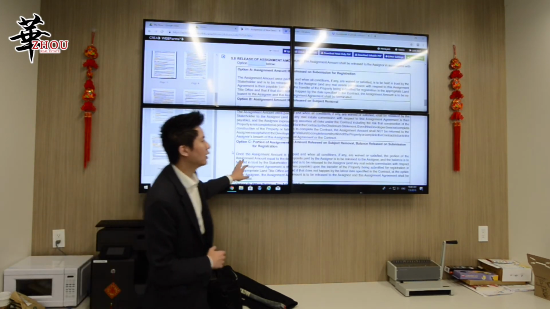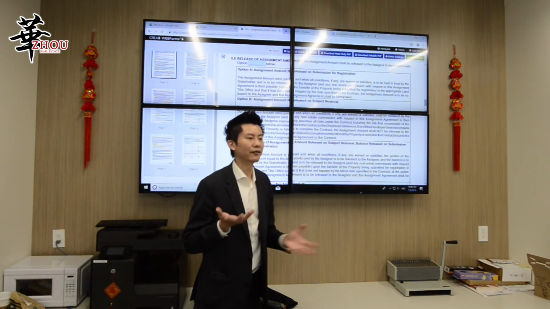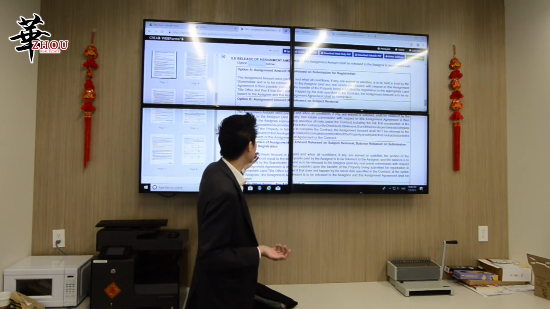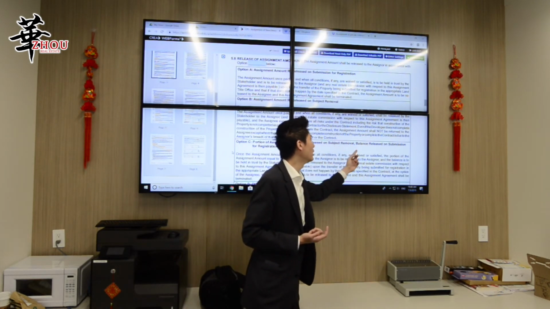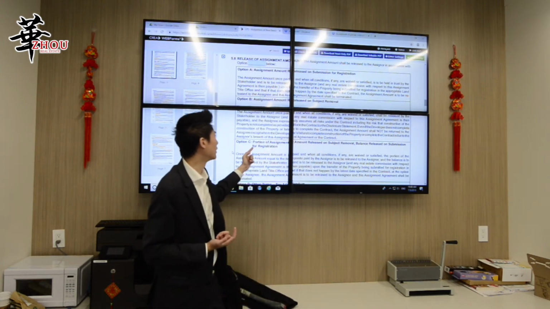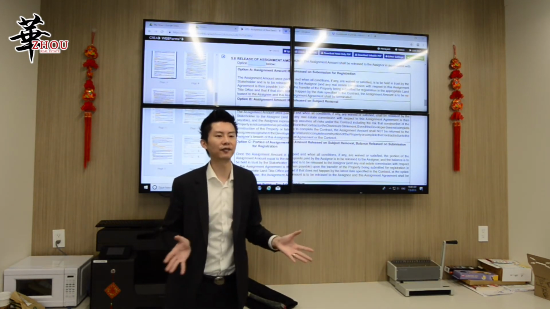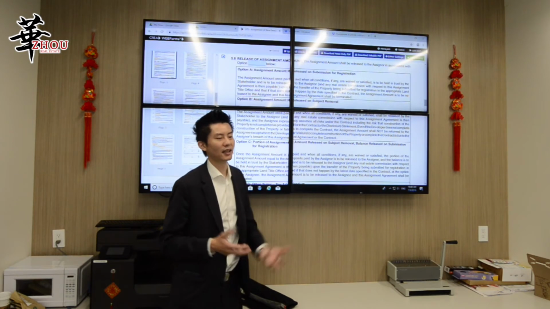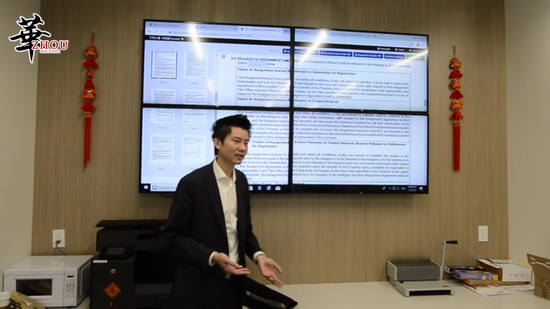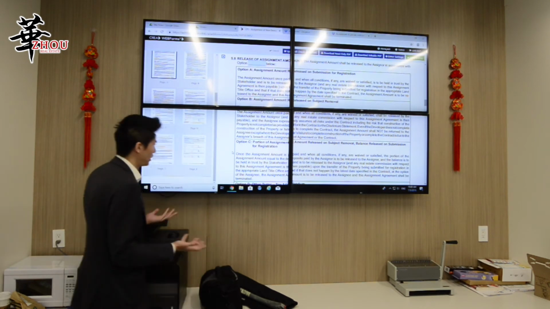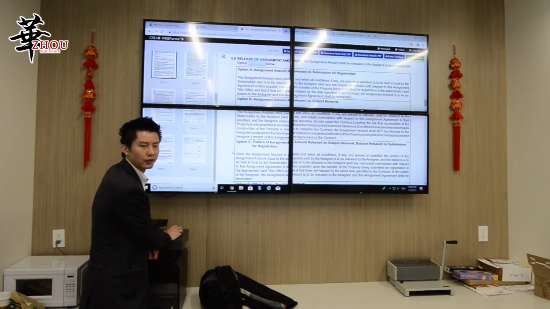Option C is like half and half. Option C says portion of the assignment amount released on the subject removal day, balance released on submission of registration. That means half and half. So option C is more fair to both parties, right? So depending on your situation, you have to make an offer on either option A, B, or C.